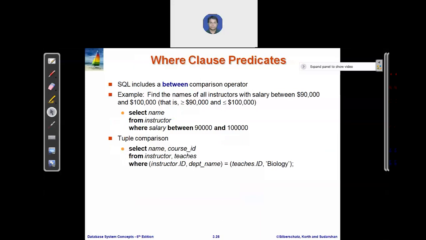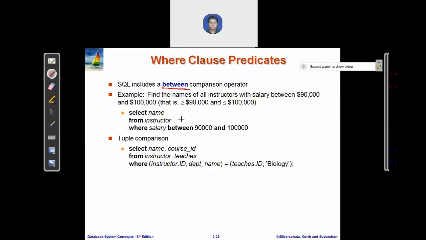The next is, in the where clause we can use the between operator. It is simple, as you can see, first see this query and it will be more clear. Find the names of all instructors with salary between 90,000 and 1 lakh.